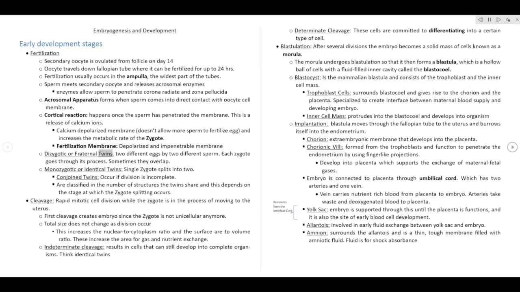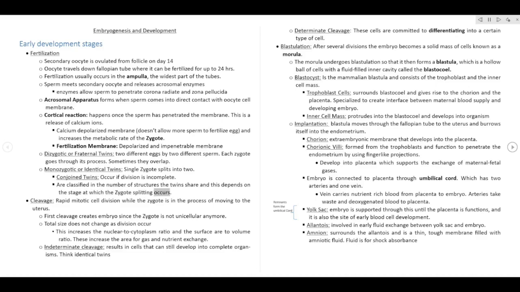Dizygotic or fraternal twins come from two different eggs fertilized by two different sperm. Each zygote goes through its own process, though sometimes they overlap. Monozygotic or identical twins occur when a single zygote splits into two. Conjoined twins occur if the division is incomplete. They are classified by the number of structures the twins share, and this depends on the stage at which the zygote